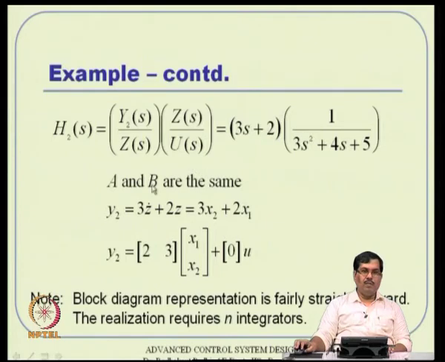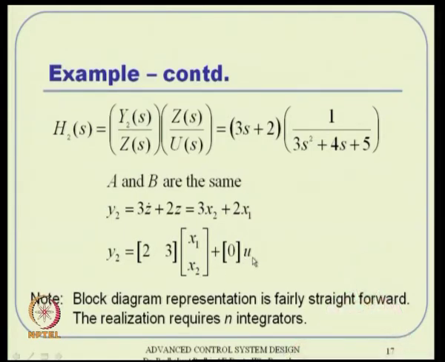So, obviously A and B matrices are same, we have discussed that before, whereas for y2, this is 3 of z dot plus 2 of z, which is 3 of x2 plus 2 of x1 actually. So, this is 2 3 times x1 x2 plus 0 into